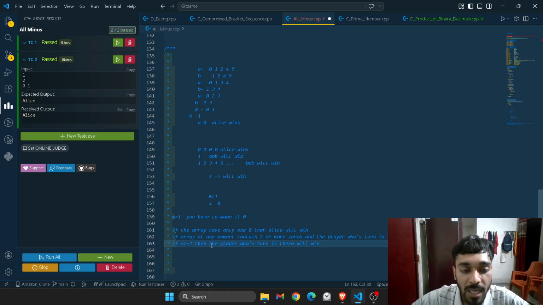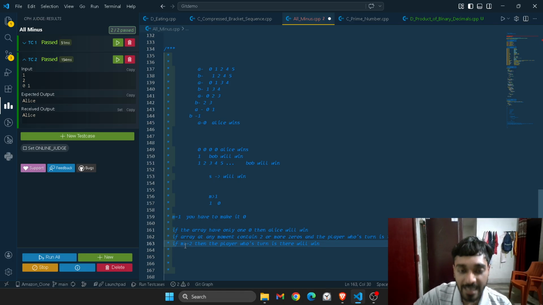Because let's assume that the least number present in the array is 2. Now I have a choice: if I make this 2 into 0, then I will lose, so I will not make it 0. I will transform this m to 1